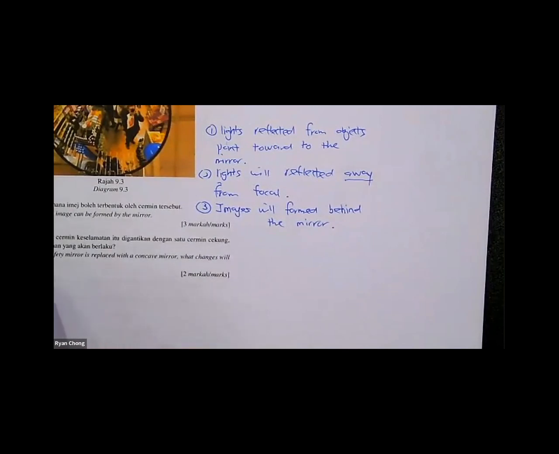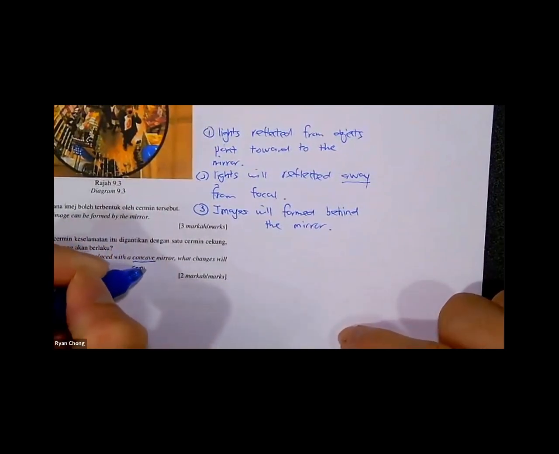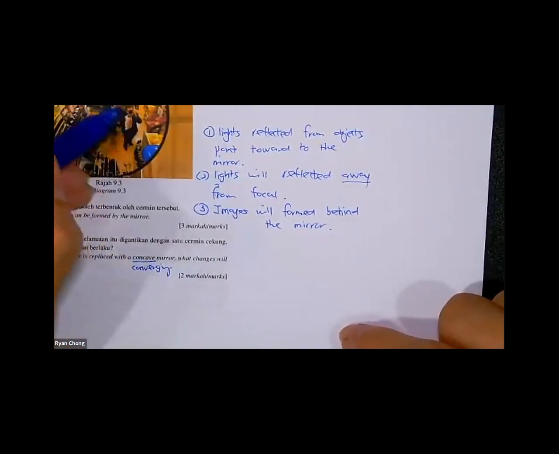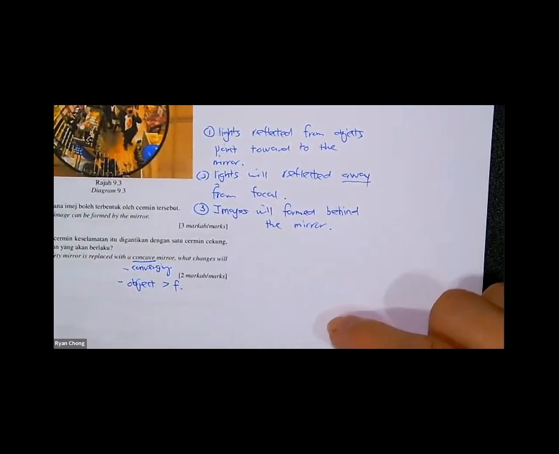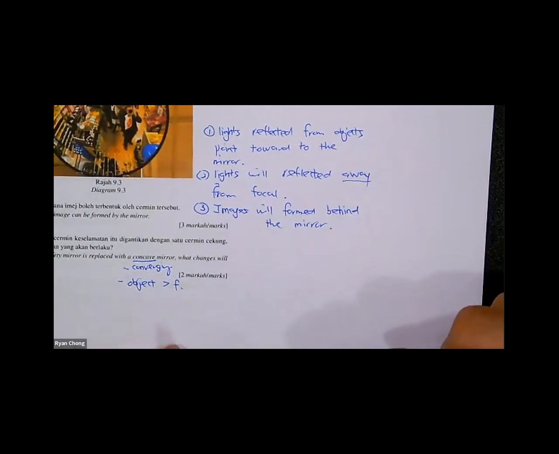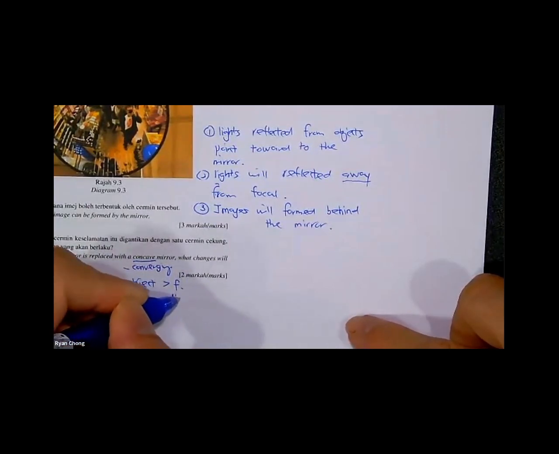Okay. If the safety mirror is replaced by a concave mirror, what will happen? So if you replace it with a concave mirror, a concave mirror is a converging mirror. And all of the things here are, of course, further than the focal point. So, further than the focal point, you can use a diagram to draw. When you use a diagram to draw, you will see that all the images will become diminished